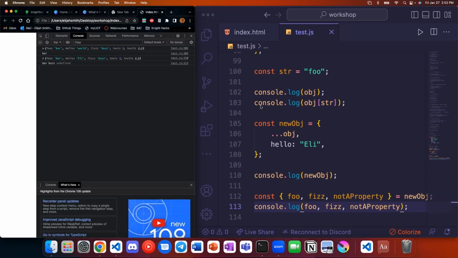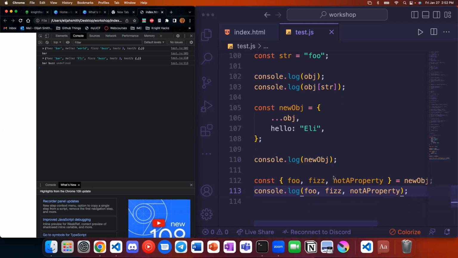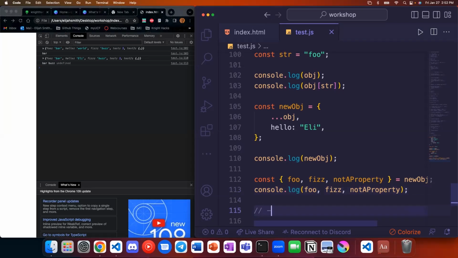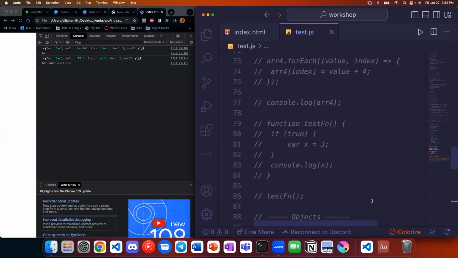So again, the common theme here is there are errors in JavaScript, but there's not a lot of them. And a lot of things that you do that shouldn't work do work. And so you need to be super careful when you're doing them. All right, we got objects. Last thing that I want to cover here is equality. And then we'll move on to the fun stuff.